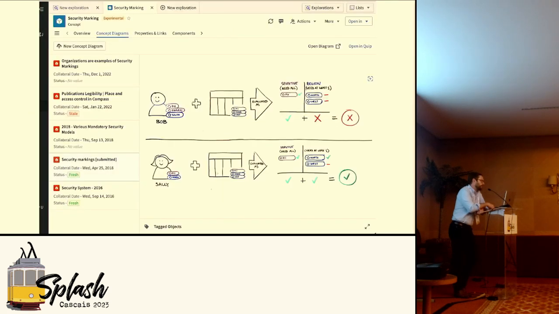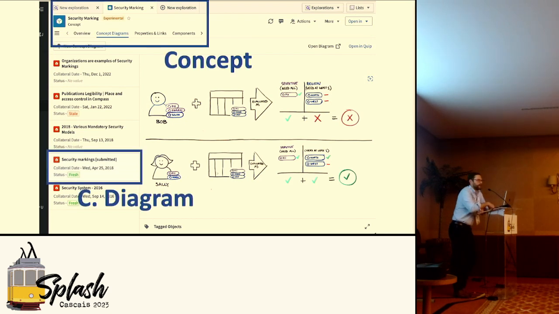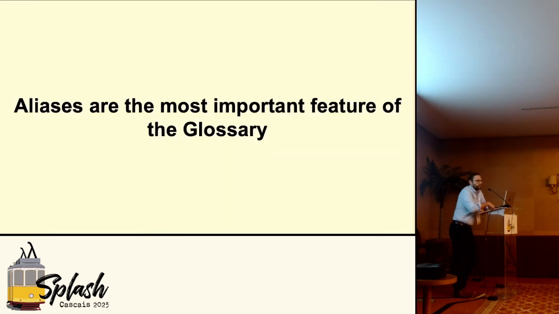And then each concept corresponds to an object view, right? So the concept of security marking shows the evolution of diagrams that people have built over many, many years, going back, let's say, to 2016, 2018, 2022. These are all just different diagrams of these concepts as they evolved. And this is all being pulled from internal knowledge management systems. It's really a new entity-centric way of organizing those systems to show the evolution and design and collaboration on the concepts over time. So aliases, what are aliases?